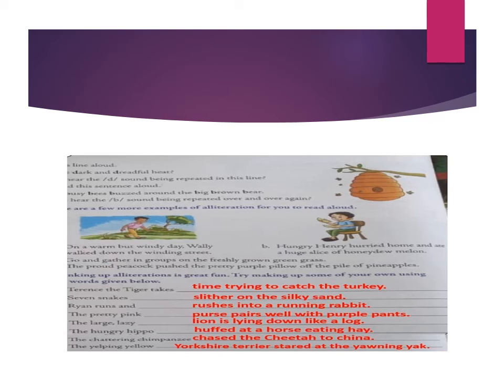Is it clear to you? Okay, then come to next E. The large, L for large, L for lazy, lion, lying like. The large, lazy lion is lying down like a log. L letter's repetition is there. F. The hungry hippo huffed at a horse eating hay. The hungry hippo. H letter repetition is there. Hungry, hippo, huffed, horse, and hay. The hungry hippo huffed at a